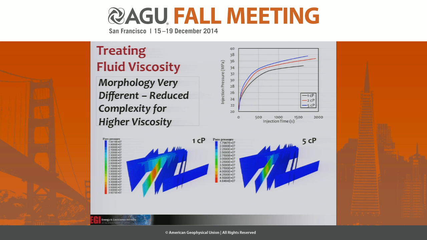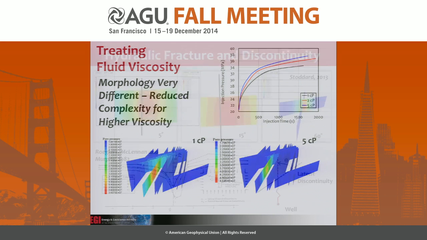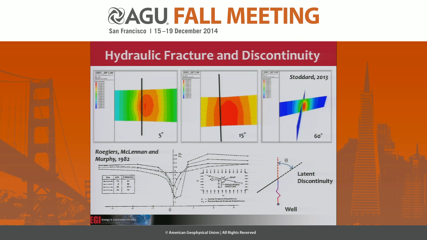A dramatically different pressure signature and a dramatically different geometry. The more viscous fluid is more monodirectional, with fewer secondary wings, and production is going to be substantially different in that case. So this goes on,